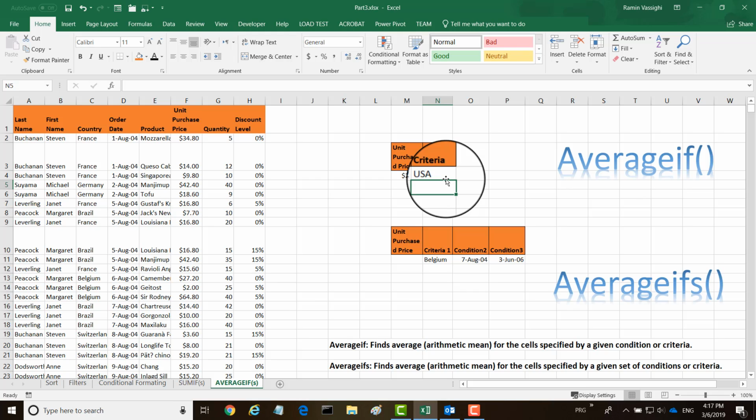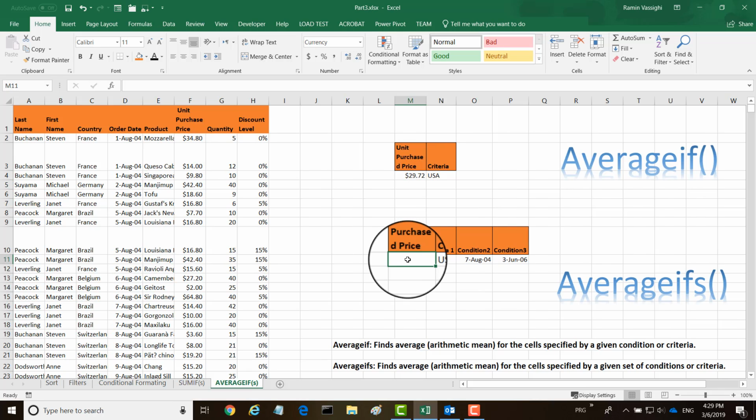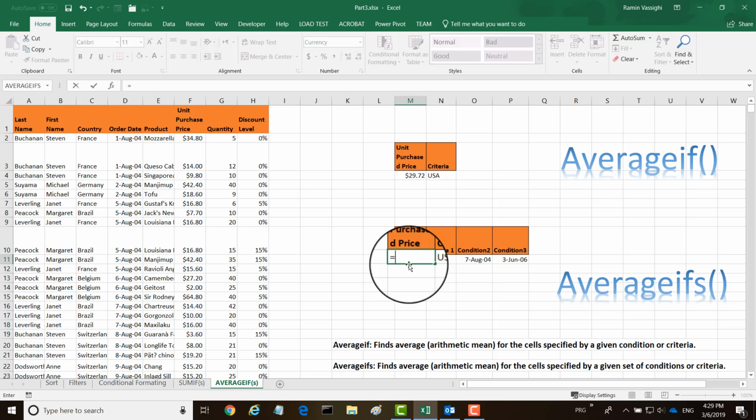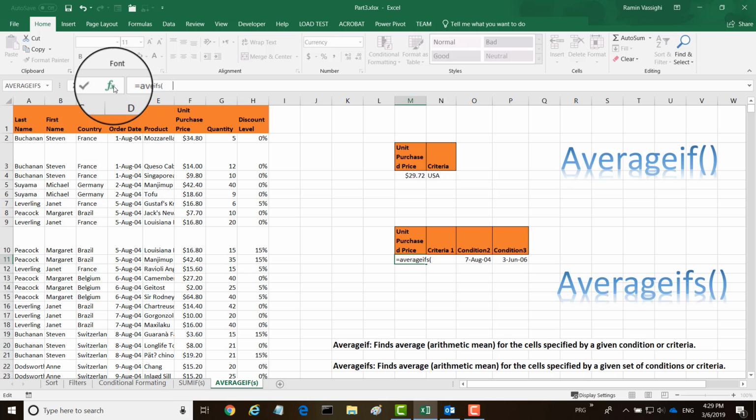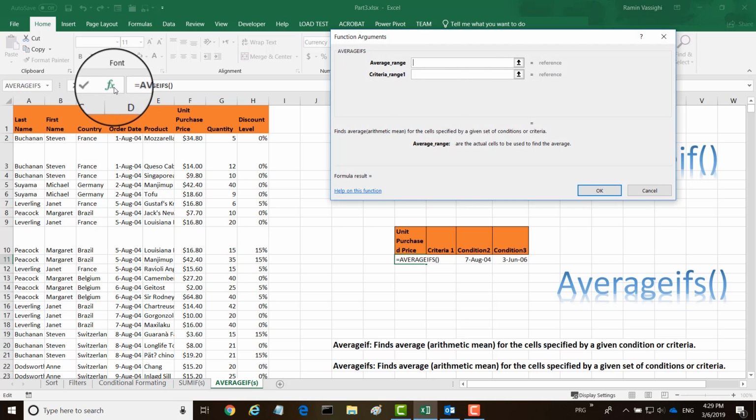Now, what happens if we have multiple criteria? Let's find out AverageIFs. In order to find AverageIFs, equal sign, AVERAGEIFS. Let's use our function arguments. What average range are we looking for? We're looking at